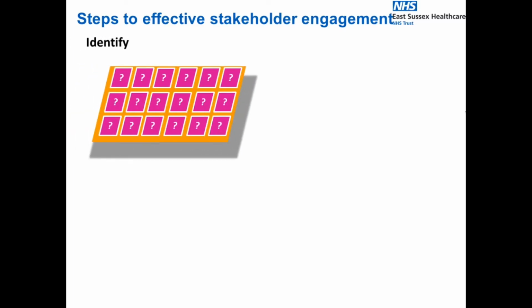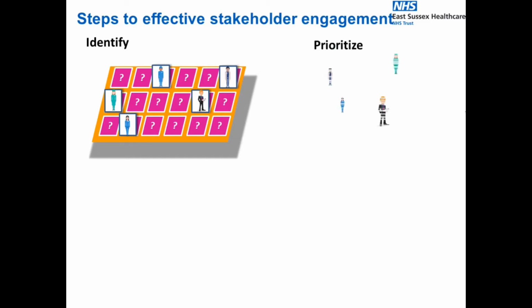So now let's look at a framework for how we might plan that process. First, we need to identify the people who might be stakeholders in the change that we're delivering. At this point, the important thing is quantity, and we want to generate as many ideas as possible of people who may be affected by our change and are therefore stakeholders. So we bring together the project team and carry out a brainstorming session to come up with a very big list of potential stakeholders.